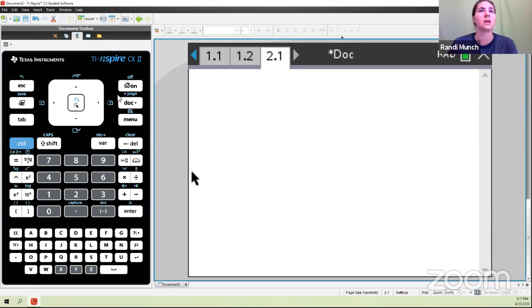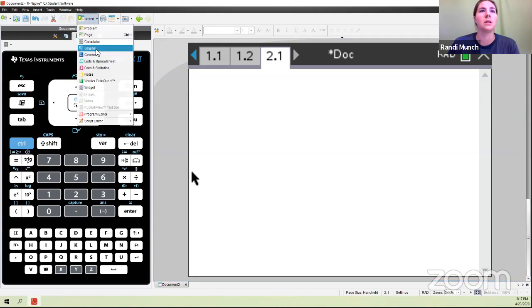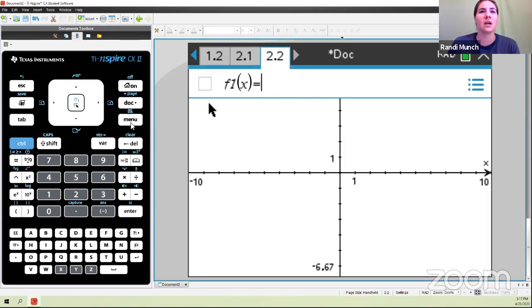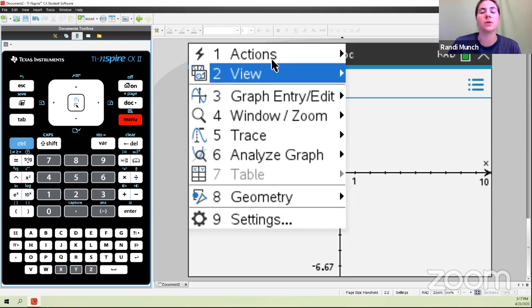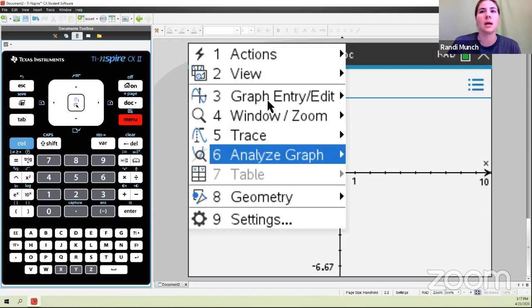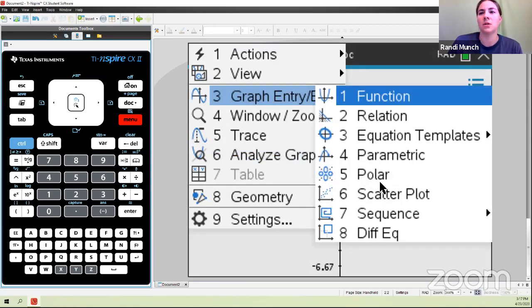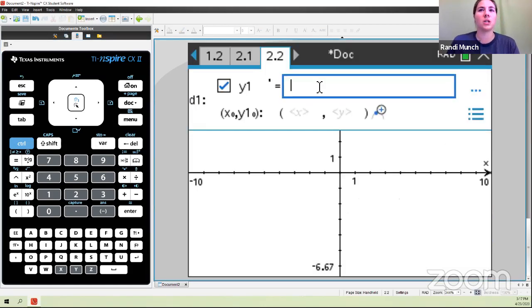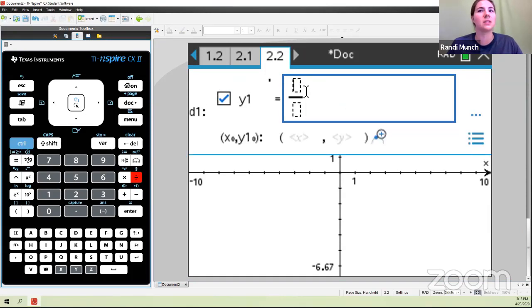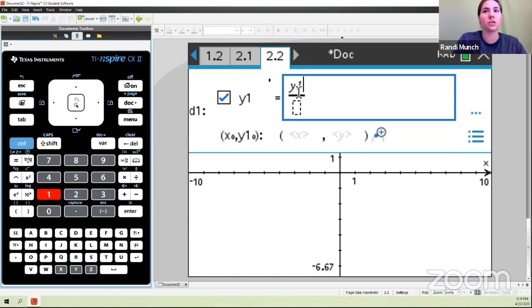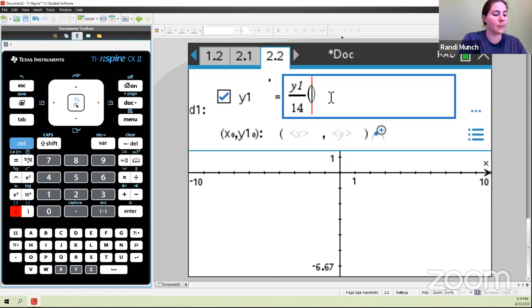a variety of things. So the first thing I'm going to do is insert a graph, and I want to look at a slope field. So I'm going to come down here and change to a differential equation. And if you're a BC teacher, you will recognize this function. And if you're an AB teacher, it's still an excellent function to look at. So I'm going to do y1 over 14 and 7